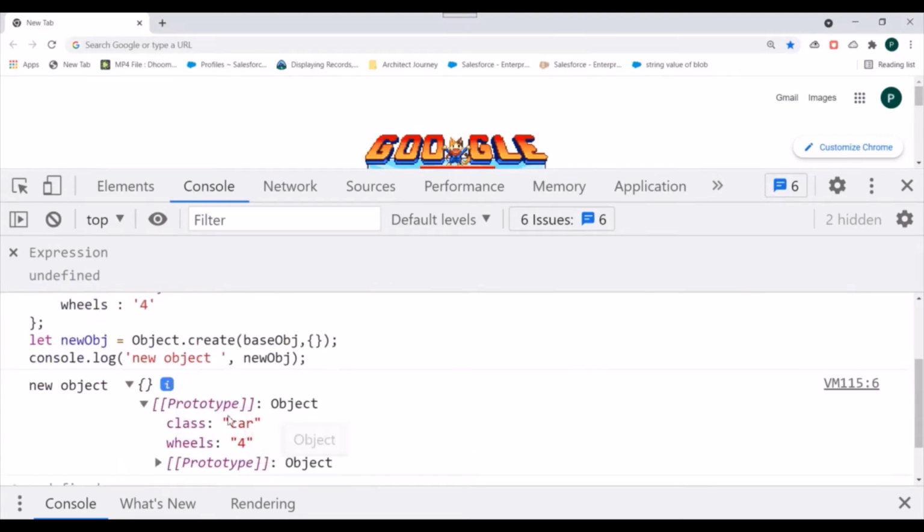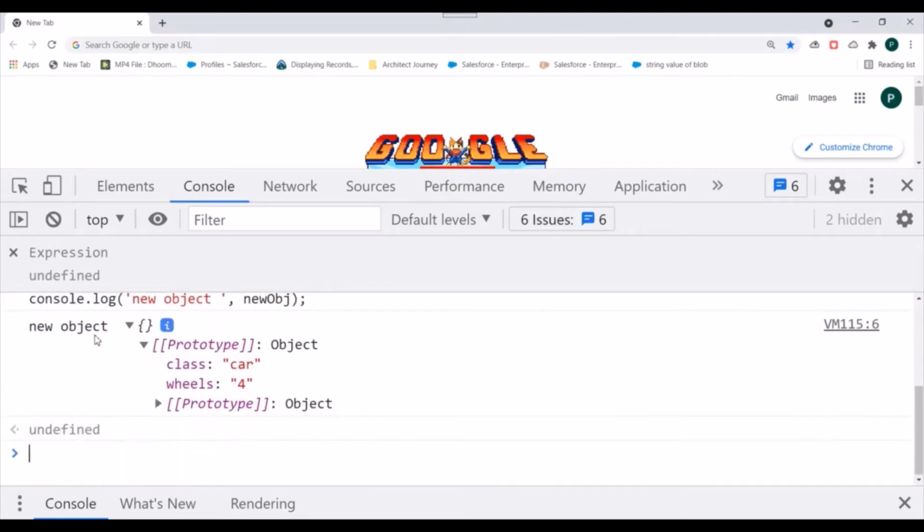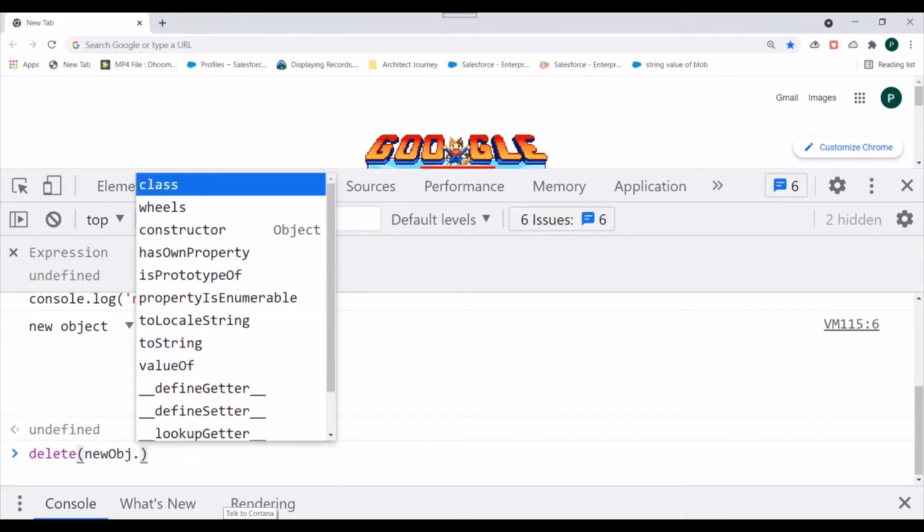Now if you want to delete a property of this newly created object, the property which you got from the base object, you cannot delete those properties. We have a delete operator, so using the delete operator I can delete properties of an object. I just have to specify the new object and then the property name.